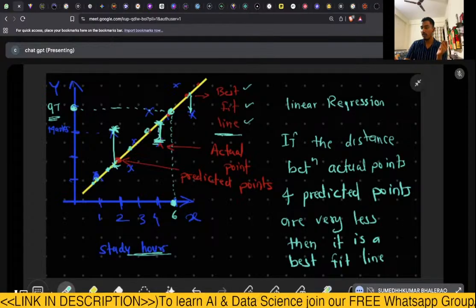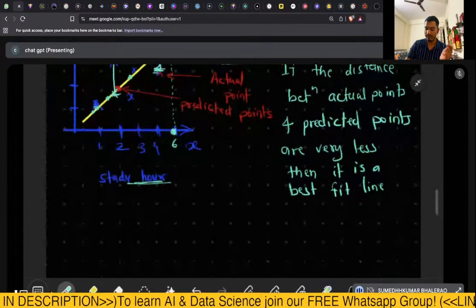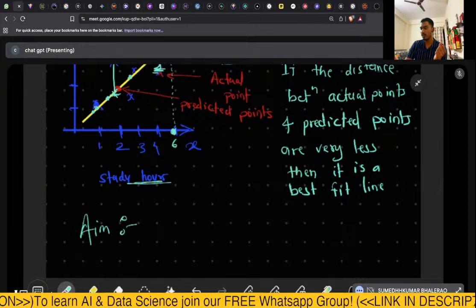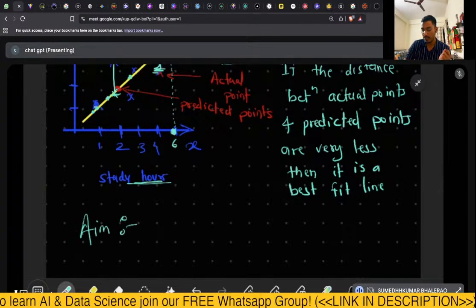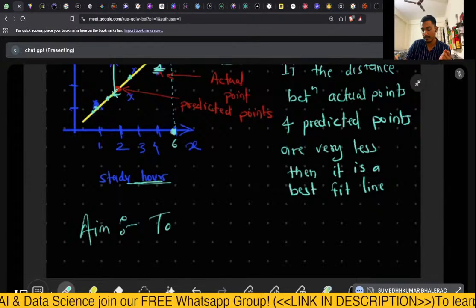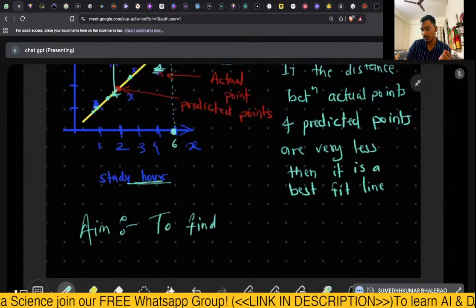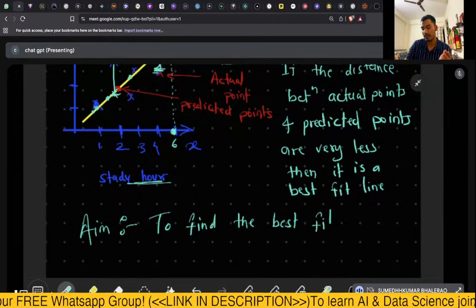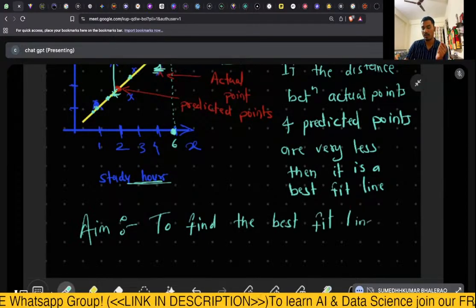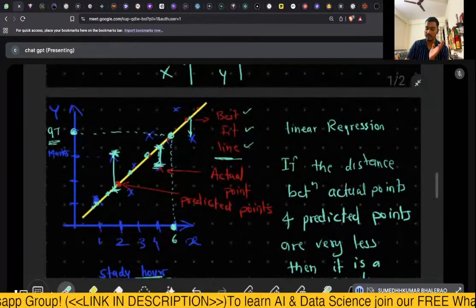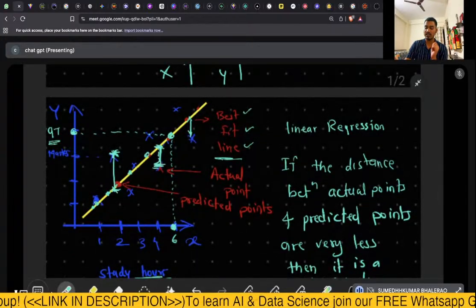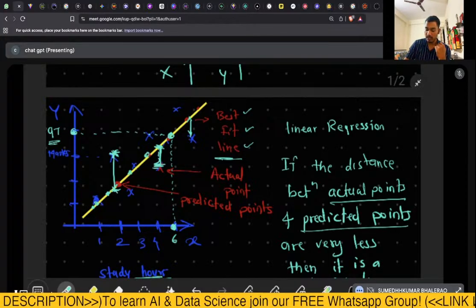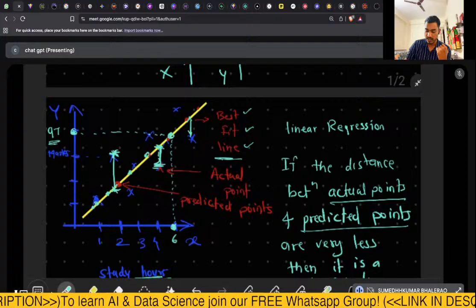Now here we get an aim. What aim do we get? To find the best fit line. What is the definition of best fit line? The distance between actual points and predicted points is less. This distance is called